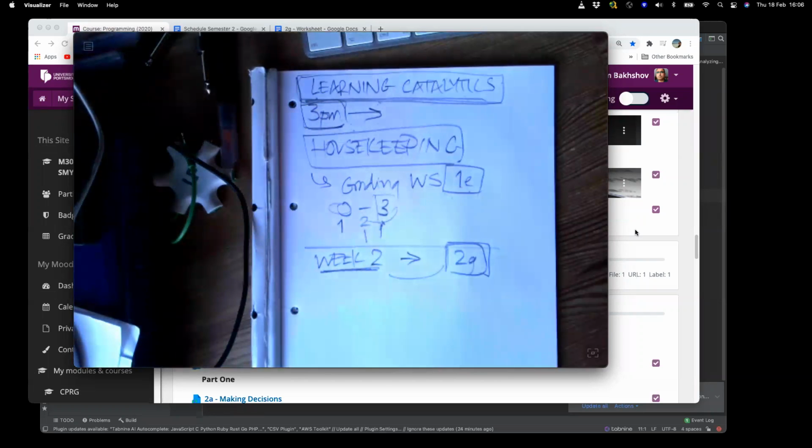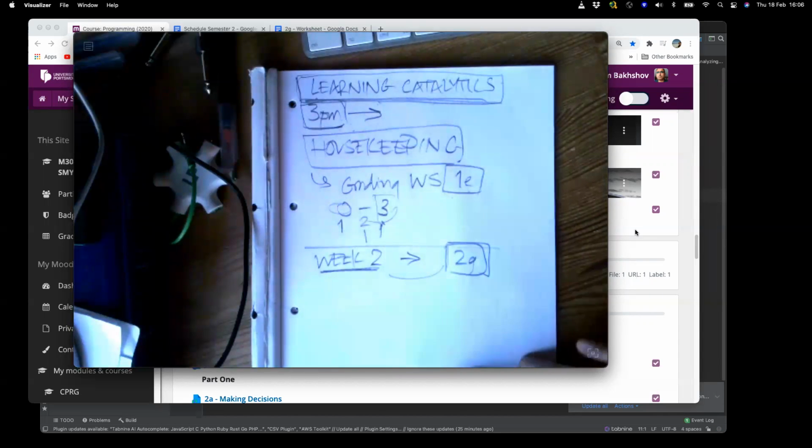Let me just pause. Here's some other questions. What about people who plan for the Learning Catalytics and won't be able to attend tomorrow? Christian, that's a very, very good question. When you say won't be able to attend tomorrow, no one's contacted me and said they couldn't go to the 3 p.m. This judgment was made on the number of people who said today they had various different issues. So I think that's a fair point, but no one has contacted me about the Friday. If people decide not to do it, that's something I can't really control, unfortunately.